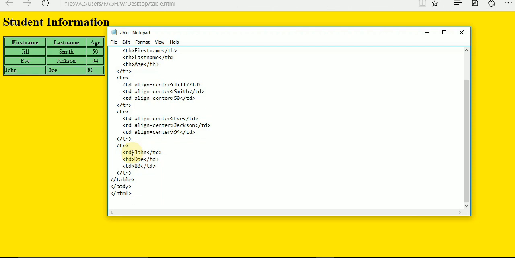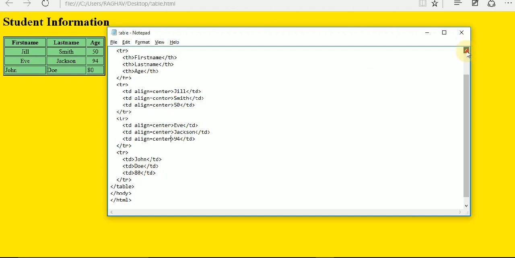Now the next is how to set the layout for the table. For setting the layout, what we have to do?